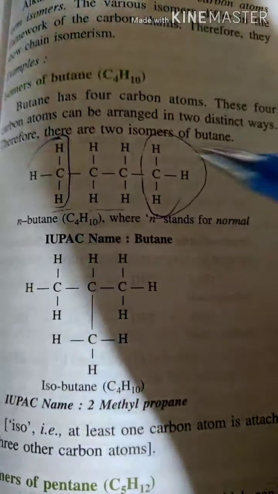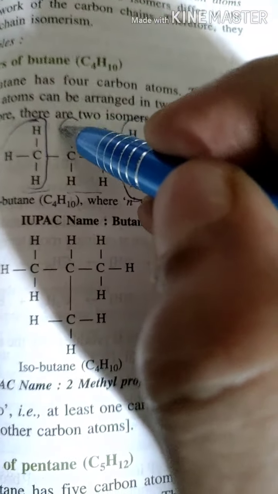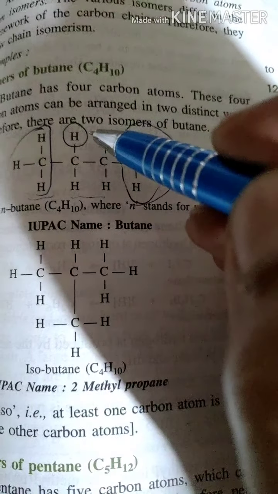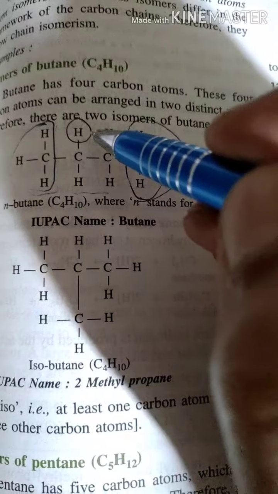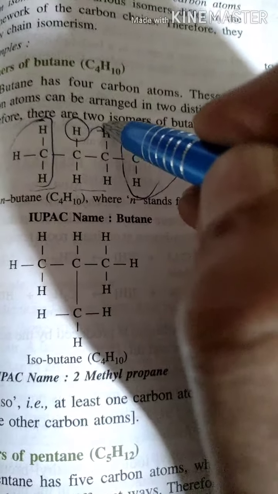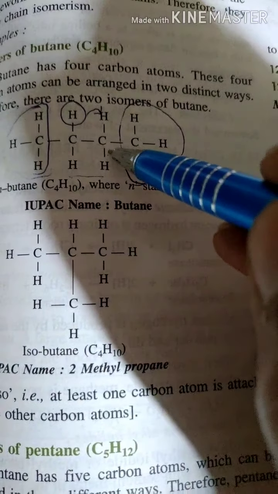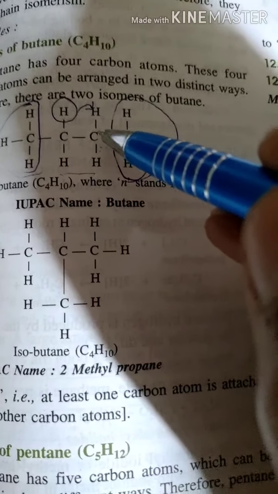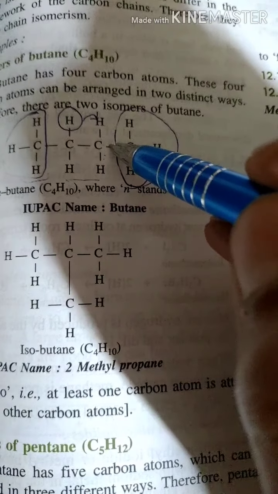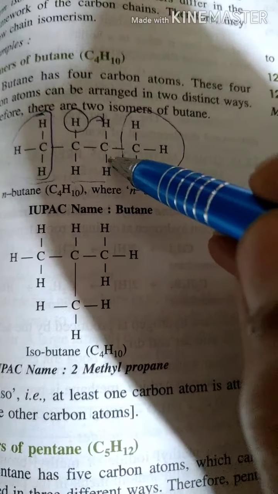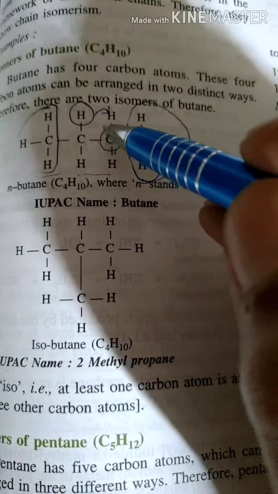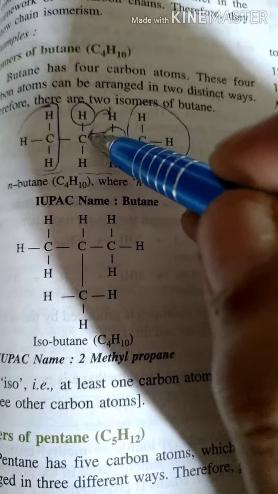Now think about this hydrogen. To write the isomer, you have to take this hydrogen atom, and if I move it to here, it will form CH3. Now as it has formed CH3, it has already occupied 4 pairs of electrons. It cannot be placed here. This whole group will come to this place.